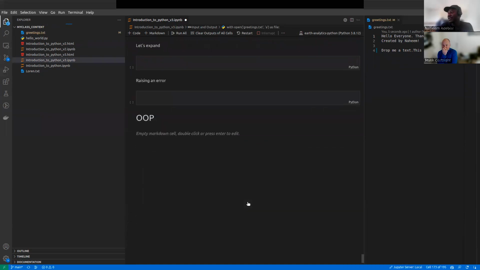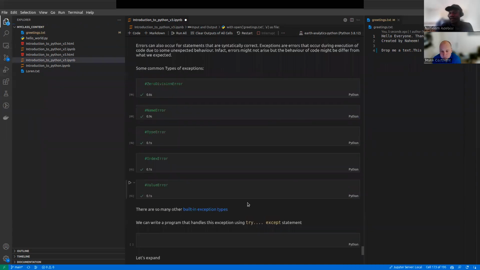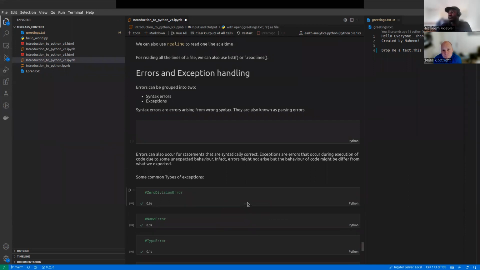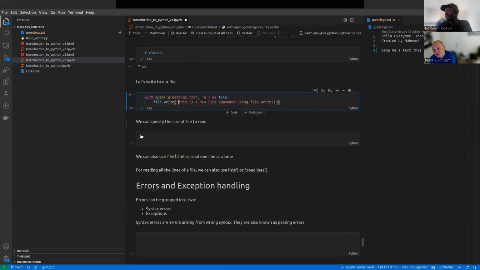Okay, I think the last thing we want to talk about is how do we handle errors and exceptions. I see that it says "real line." Is it readline or real line? That's a mistake. Okay. I'm going to use it with open